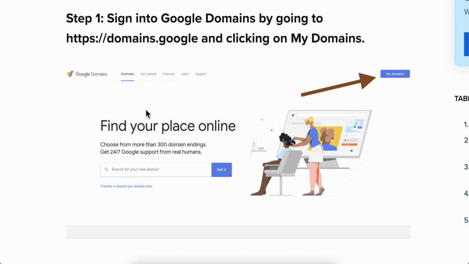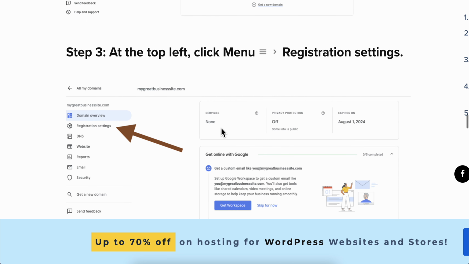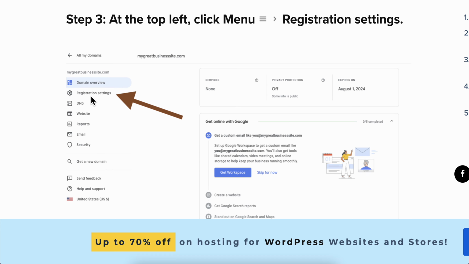How to connect Bluehost with a Google domain for web hosting. So what you're gonna have to do is simply click on My Domains in Google Domains, and then click the name of the domain that you want to transfer. Simply click on the name, and then click on registration